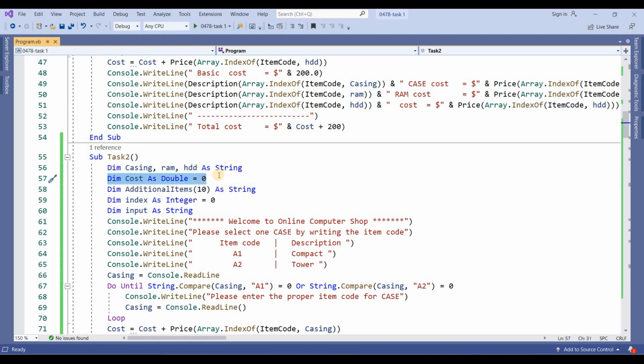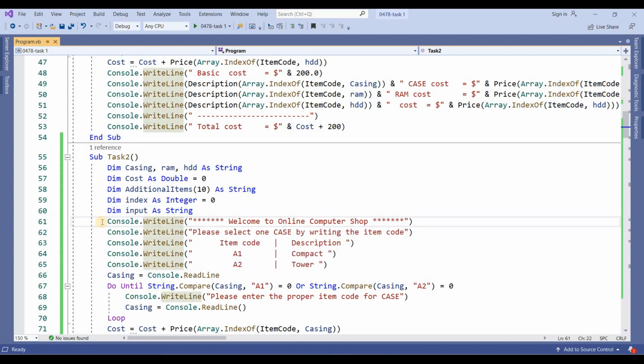These variables are the same as in task 1, and here I have written one additional array, of length 10 elements. The index starts at 0 because additional items and index work together, and dim input as string.